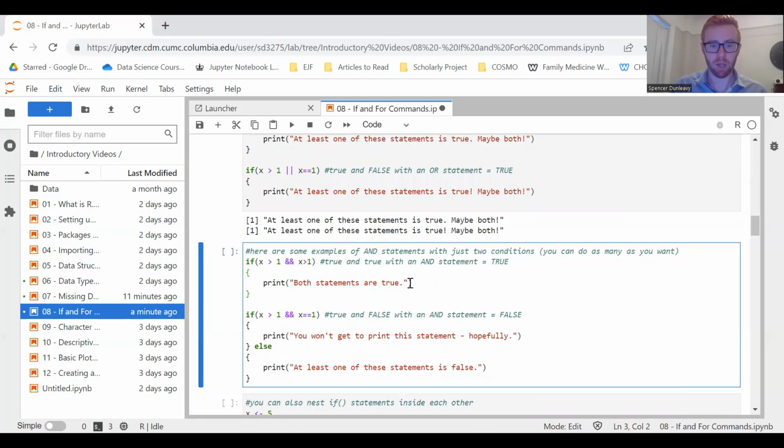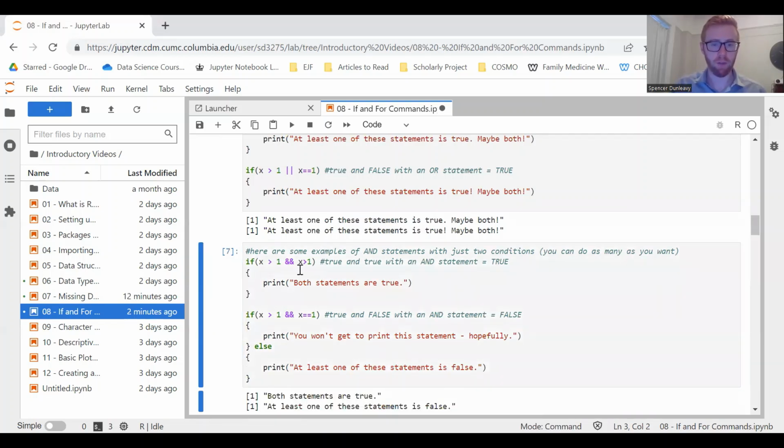But if I run a different command similar to what we did before, I test if x is greater than 1, which is true, and I test to see if x is equal to 1, which is not true, I will get a true and false. When R sees this, it'll say if true, you print this statement. If false, you print this statement. When I run it, you can see that in the first comparison, both statements were true, so it printed out